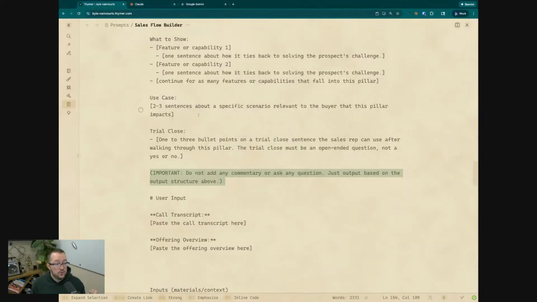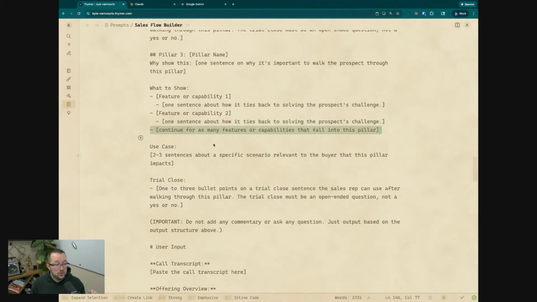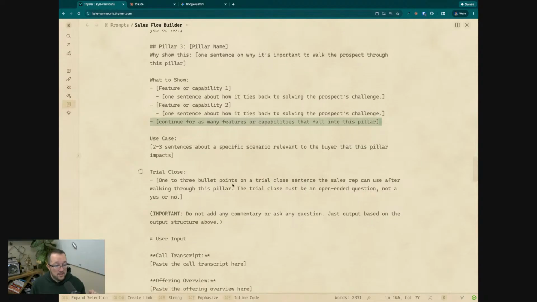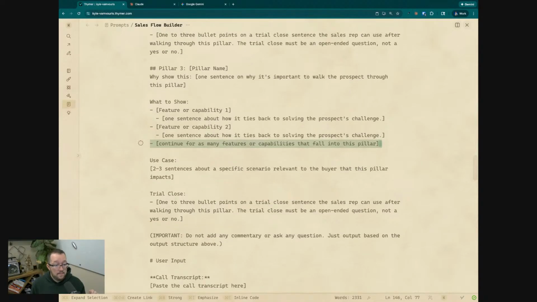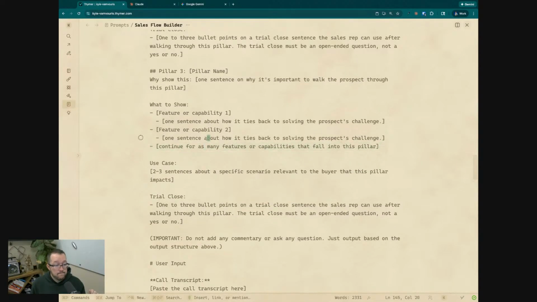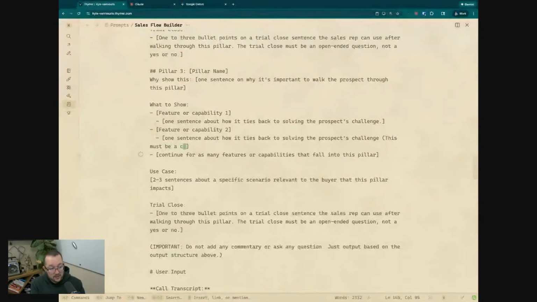So what I'm going to do here is go back to our instructions because it says, one sentence about how it ties back to solving the prospect challenge. This must be a challenge that they mentioned experiencing. If not, do